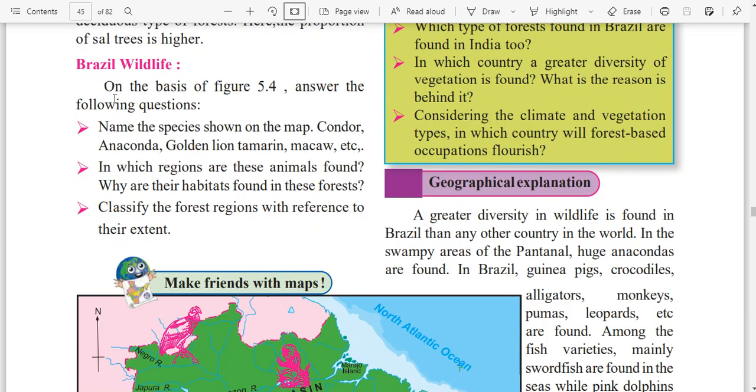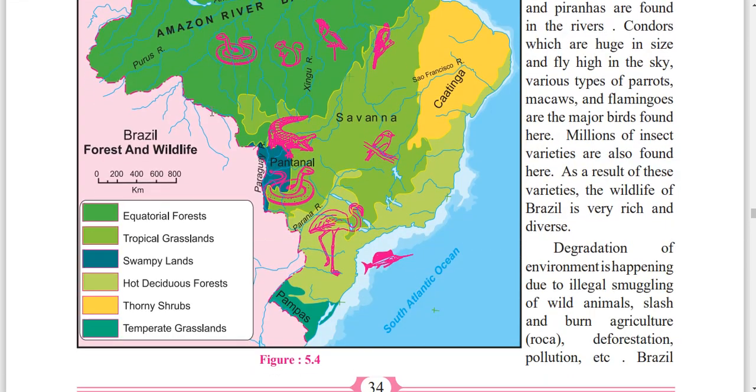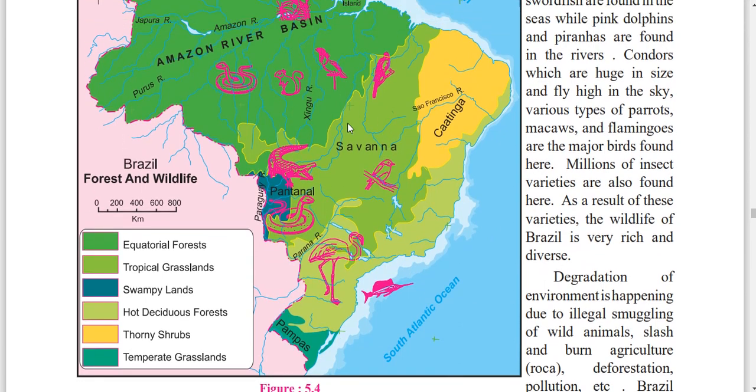Brazil wildlife. On the basis of figure 5.4, answer the following questions. See figure 5.4. This is the map of Brazil showing different shades for equatorial forests, dark green; light green, tropical grasslands, swampy lands here; then hot deciduous forest, this very light green; this one, savanna; then yellow, thorny shrubs, this one, Caatinga,